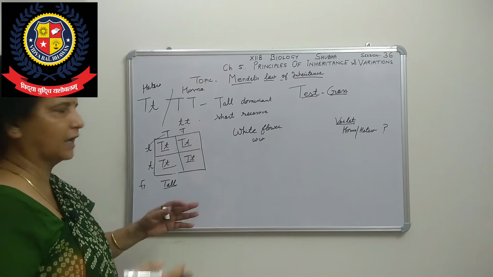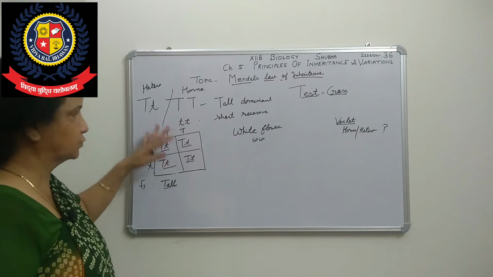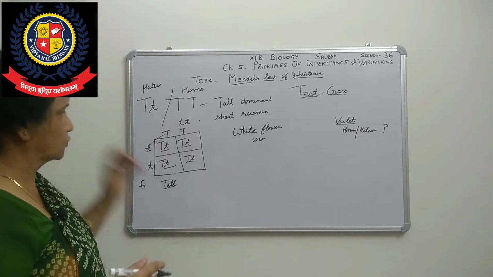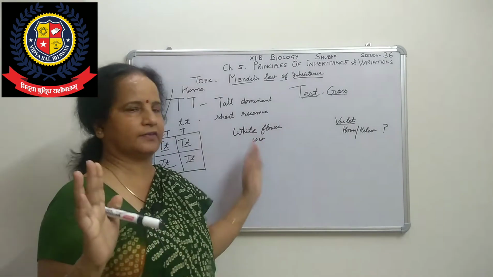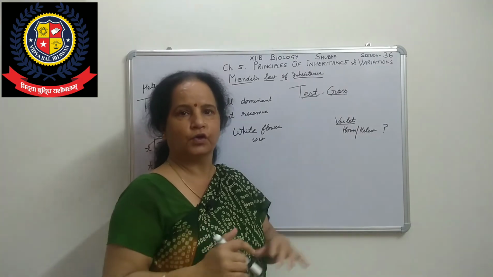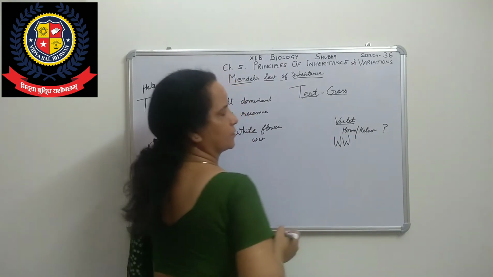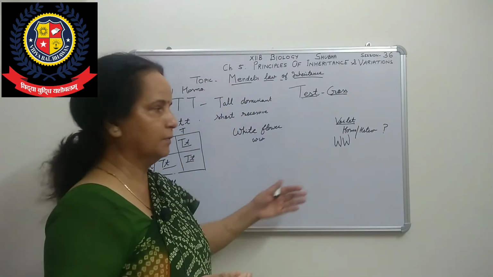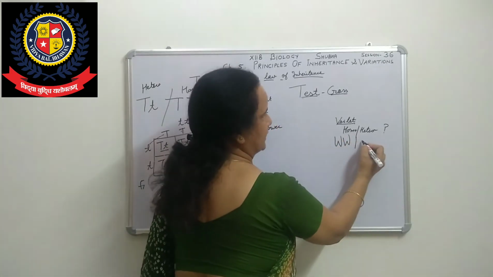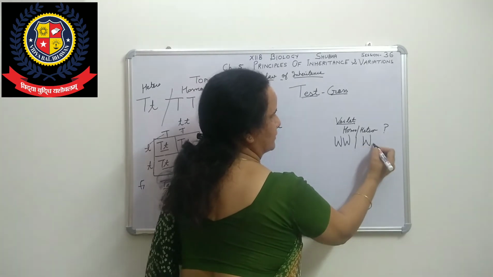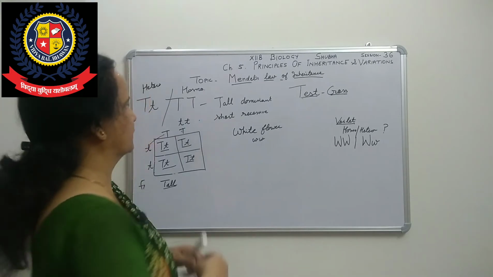When we want to find out any generation, we can make a square like this. That is called a Punnett square. Punnett is the name of that scientist. So now we will use this Punnett square here also. But here two cases are there, maybe homozygous or maybe heterozygous. Homozygous means both are the same, so both are dominant, capital. It may also be possible that it is heterozygous, like this. Is it clear?